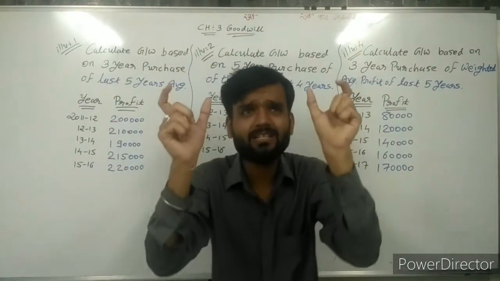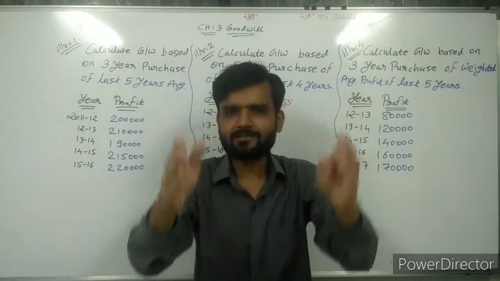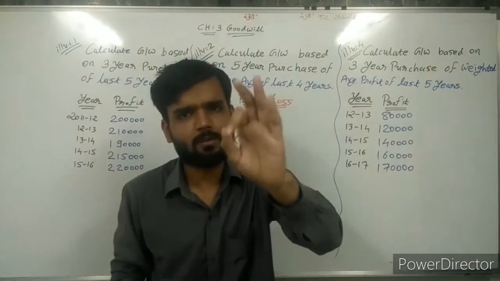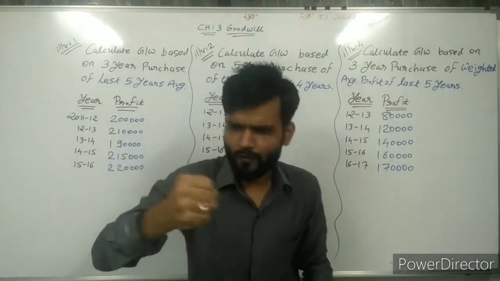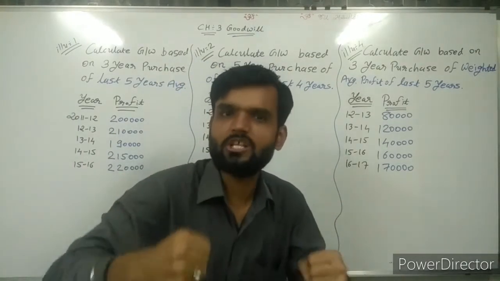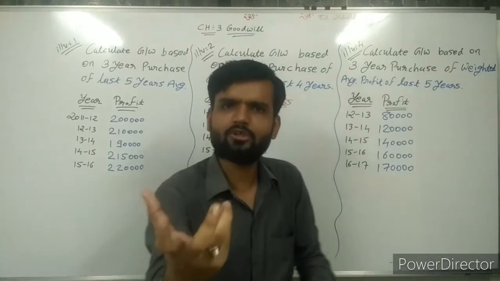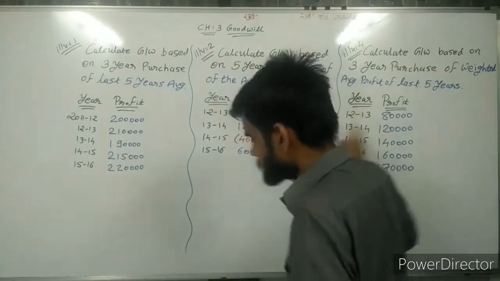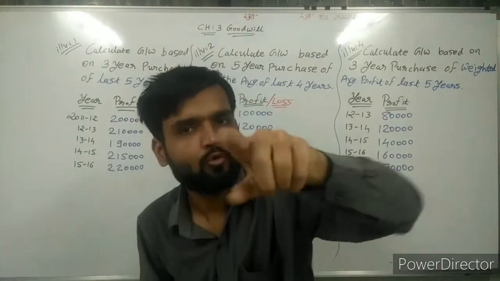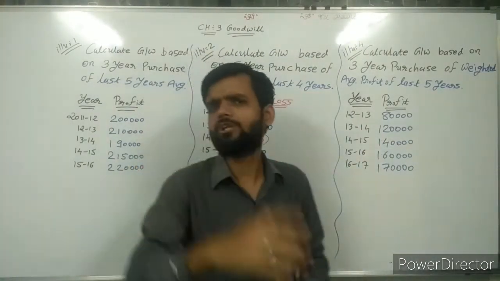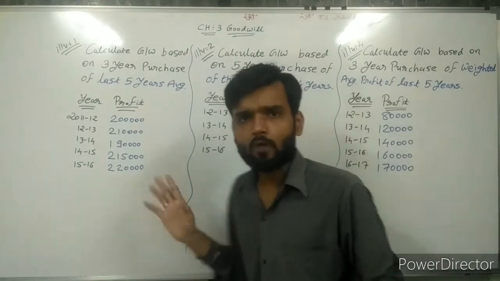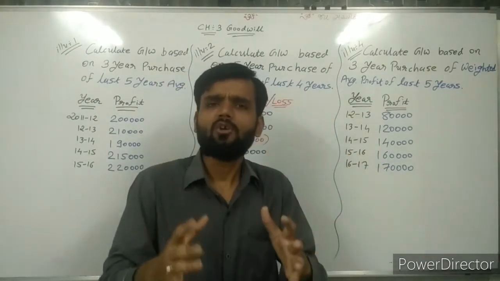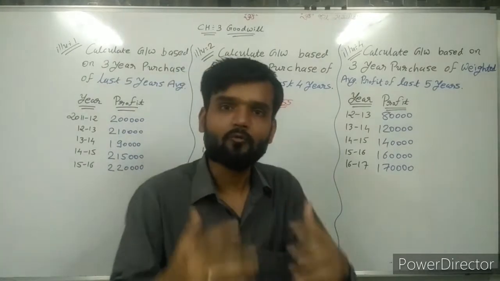Now understand the names of the methods and try to apply them to these three situations. I am talking about only weighted average. Weight means we can say vajan. We can give weight to that particular firm. So from these three firms, whom can you give weight? Think about it by taking profit into consideration. See the profit and then decide whom you can give weight.